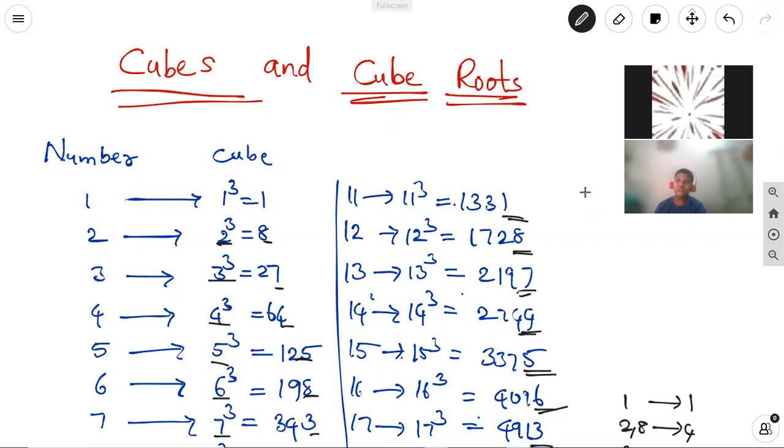Let us discuss the topic: cubes and cube roots. First, we can find the cubes of numbers. A cube has length, breadth and height. It is three-dimensional, and we use it to find the volume of the cube. For 1 cube equal to 1, 2 cube equal to 8, 3 cube equal to 27, 4 cube equal